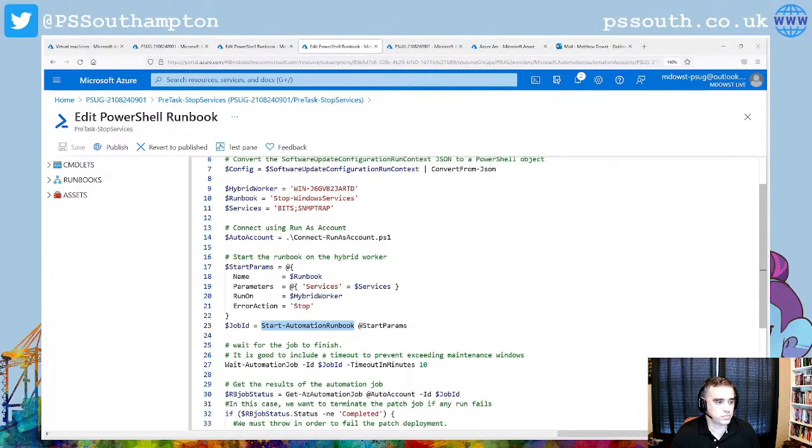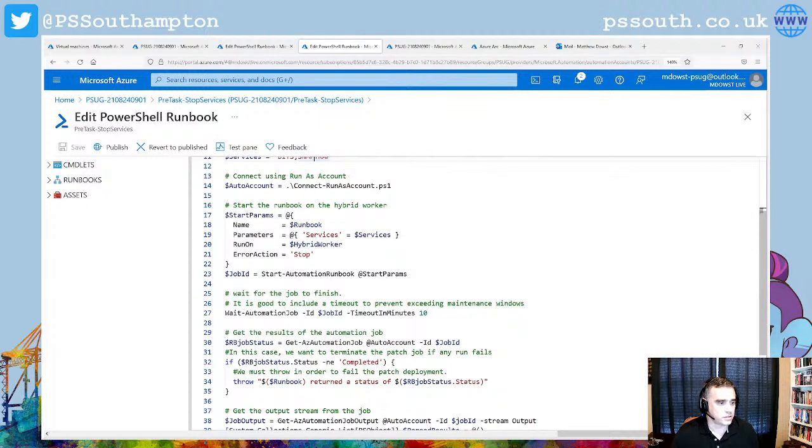So start automation runbook is here. You can define another runbook name. You can give it a run on, which is the name of the hybrid worker. So the hybrid worker that I have listed here is going to run our stop Windows service, and it's going to stop BITS and SNMP. All right. So it'll go through there. It'll kick that job off. Now it'll also do a wait here,